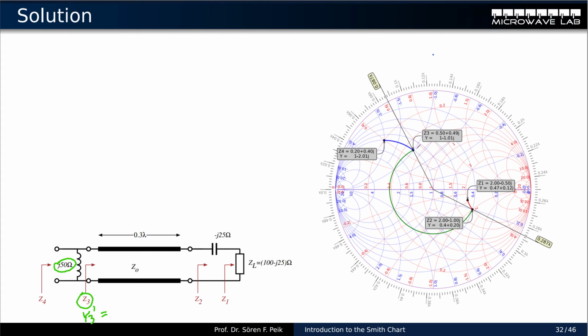On the blue grid, we're on that blue circle here, and we are on that blue band here. So the blue band is minus 1j and the blue circle is 1. So actually this is in blue 1 minus